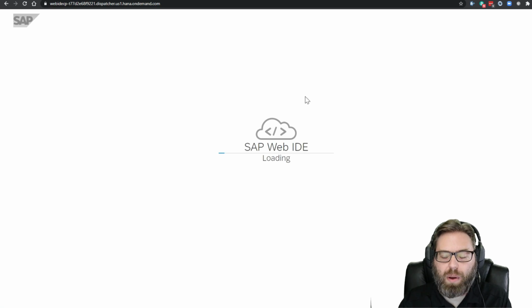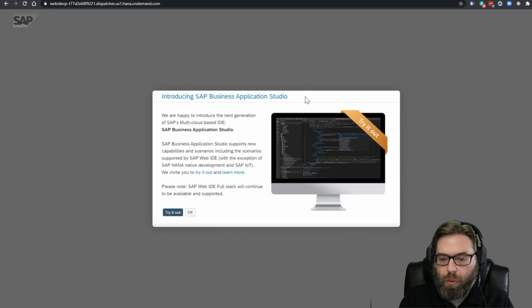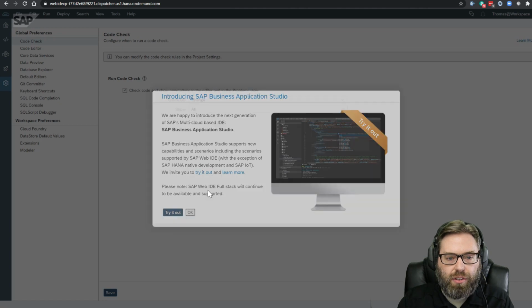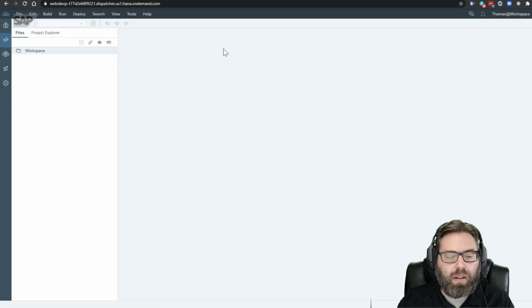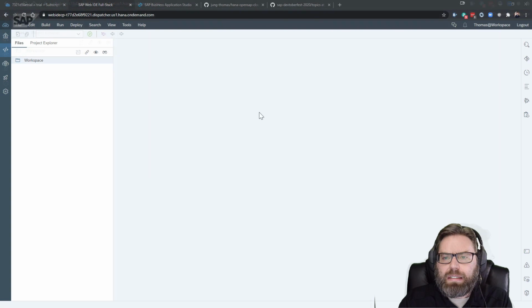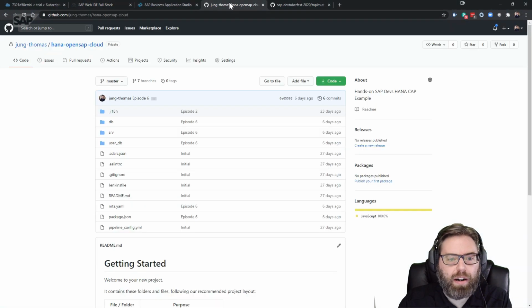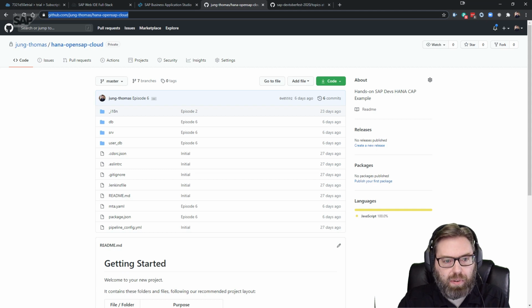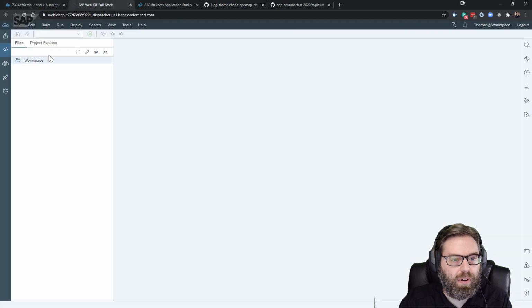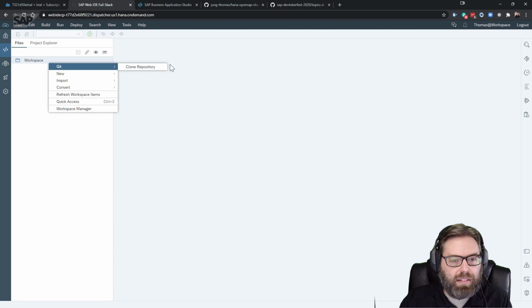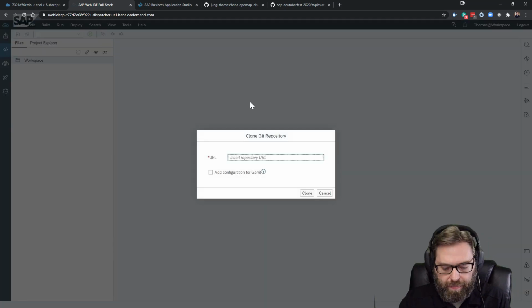Once the Web IDE restarts, we'll be ready to now do our development. All right, so now we need to pull our existing project in. So we'll get the URL from Git, where we've been storing the persistence of our project. We'll come back over to the Web IDE, and we'll say git clone repository. We will give it that URL,